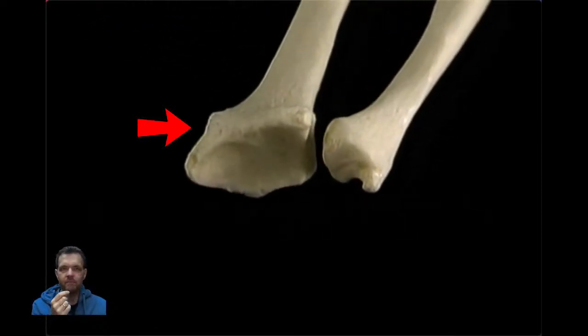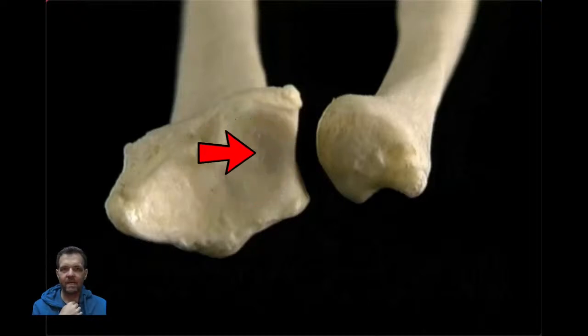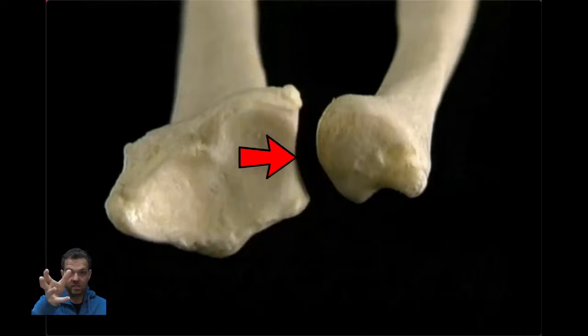So we've got the ends of the bones, and then these are the facets. See that smooth area there, and then another smooth area there. Yeah, so we've got these facet joints. There is a little bit of cartilage in between these bones as well, because these bones are going to spin